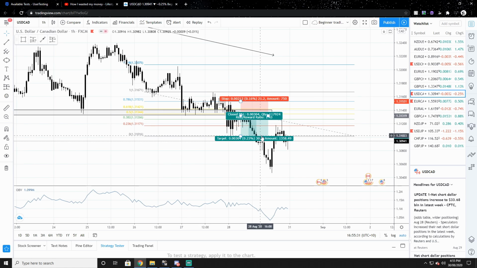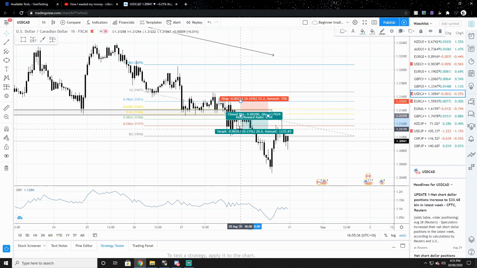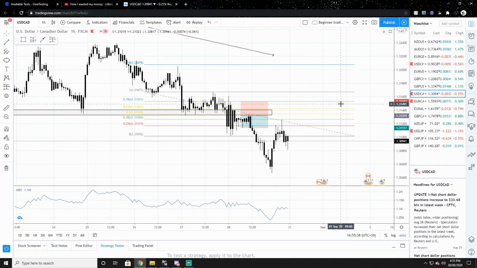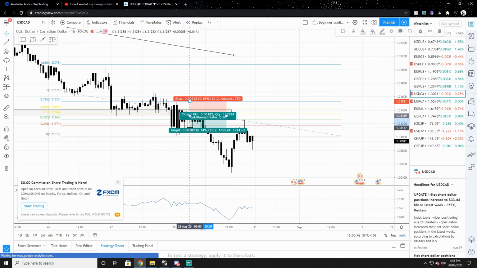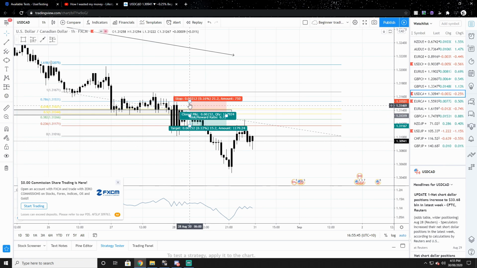Now here it says I closed it at 30 pips. I didn't actually let this run. I ended up closing it similar to this, so around 18 pips or around 15 pips, something like that, and I accidentally had that a bit too high. So I closed this at a 1-to-1 risk to reward ratio,